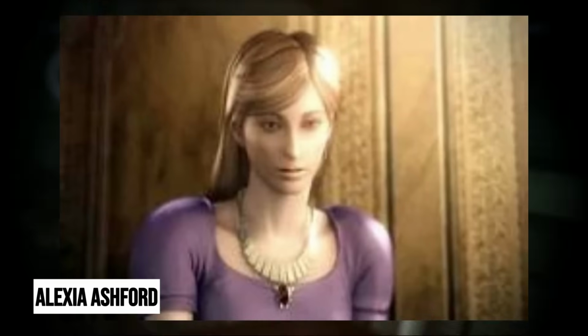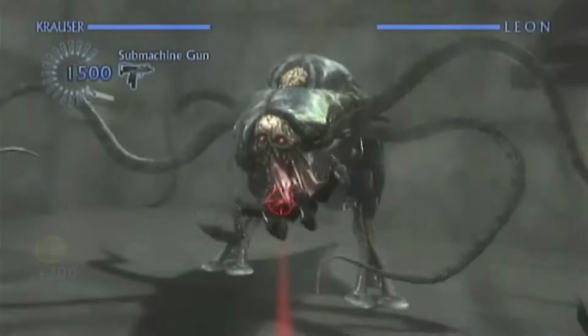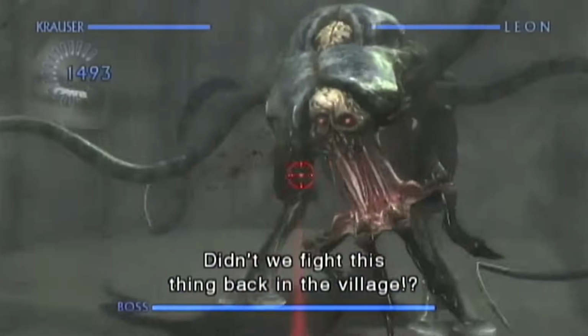Its creator, the brilliant Dr. Alexia Ashford, also had a very specific goal: to design a strain that would preserve the intelligence and cognitive functions